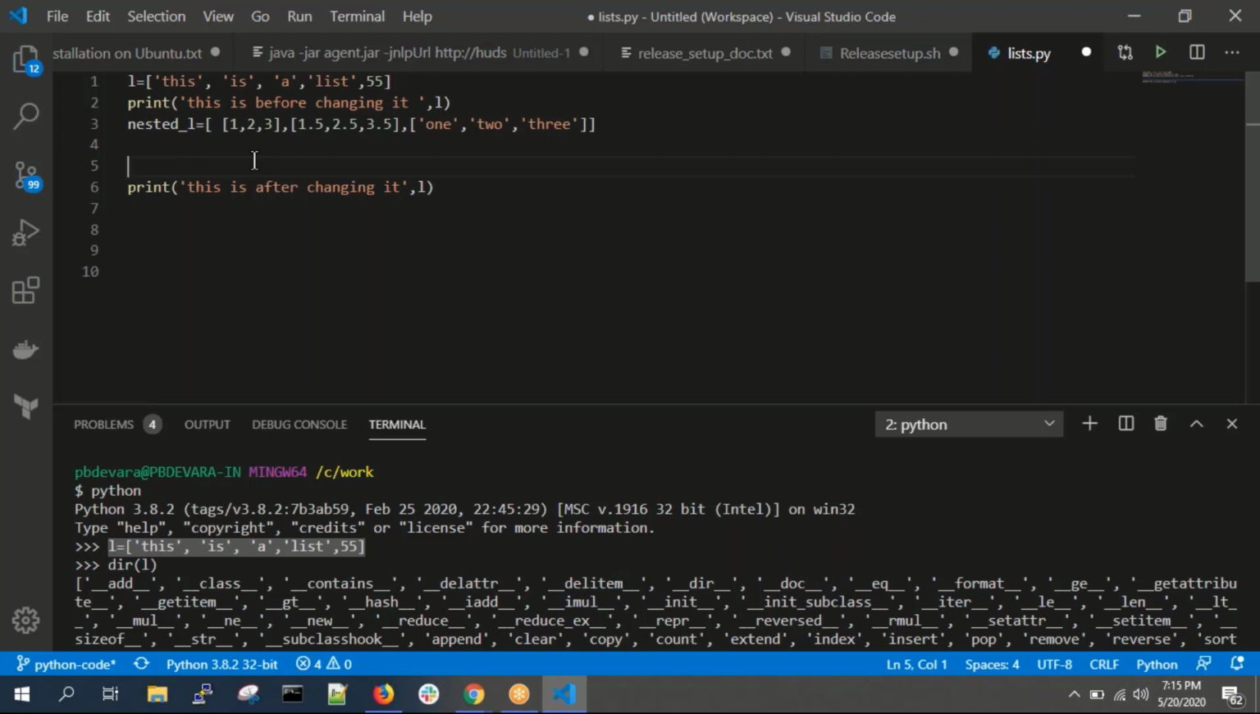So first, nested list dot. There are two ways. One is pop. The second one is remove. First, I'll just show you pop. What is the index value of this list? This list is 0. This list is 1. This list is 2. Correct. So now if I say nested list pop 2,